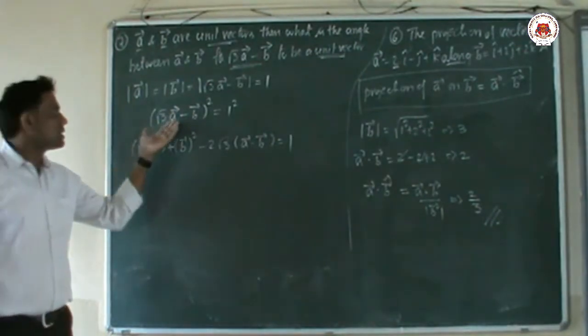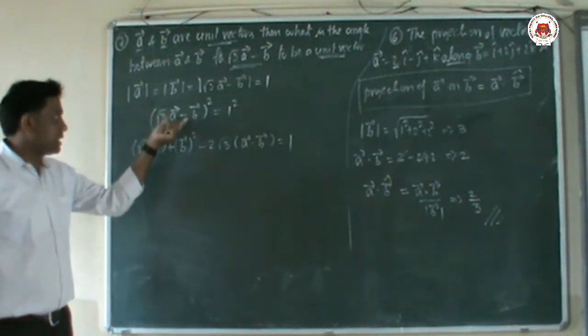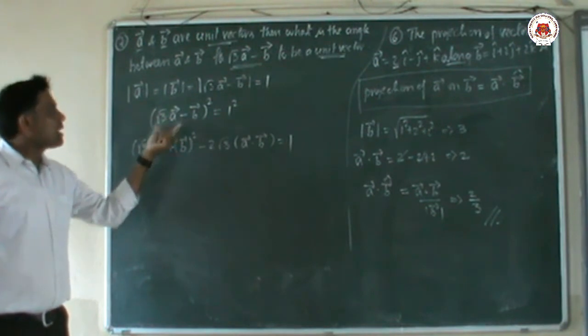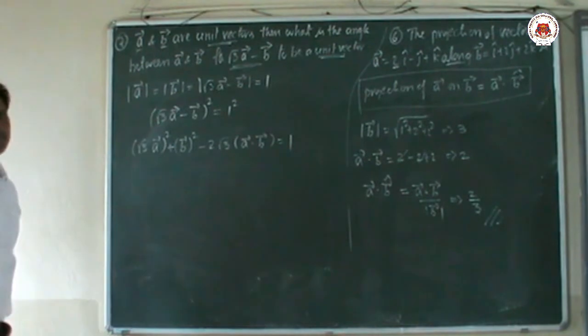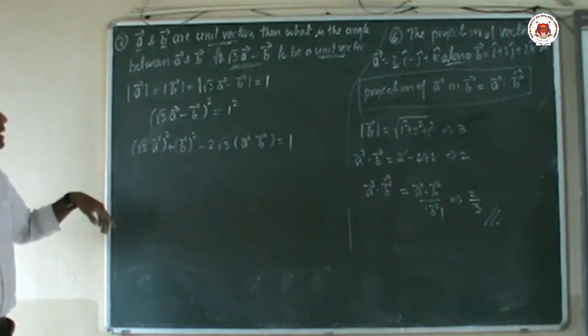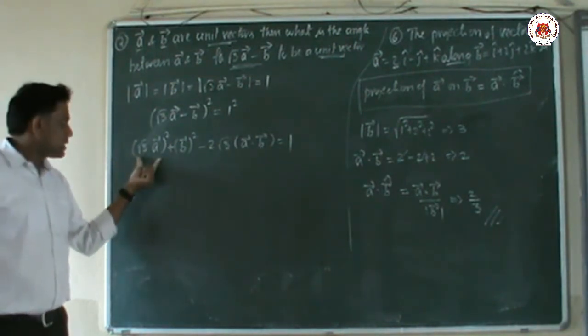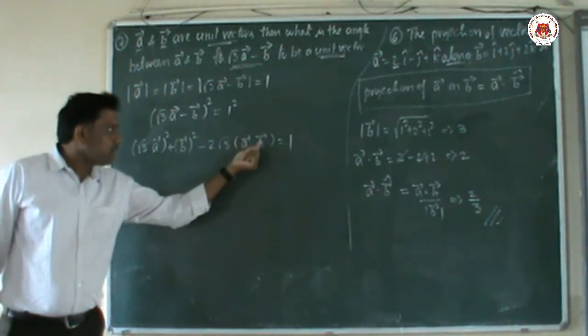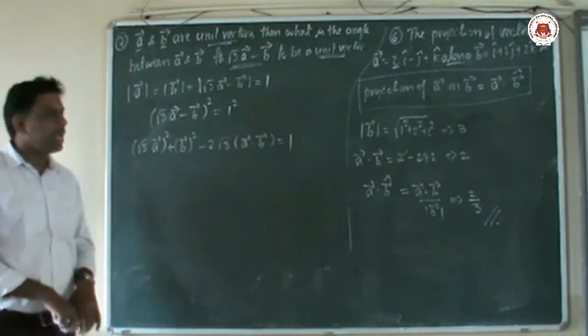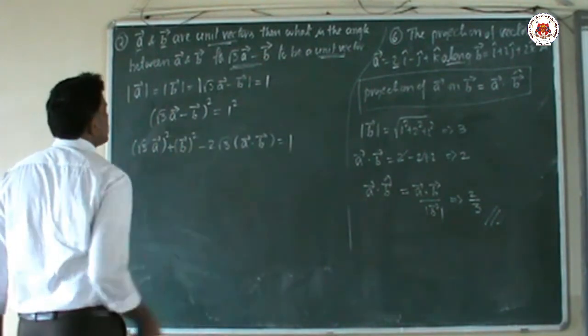Students, actually this is not the A minus B whole square formula. This is in vector form. But in a competitive exam, you need the direct steps, and you can just assume that it is the A minus B whole square formula, because you will get the same thing. This is A square plus B square minus 2 into A dot B. This is where the root 3 is.